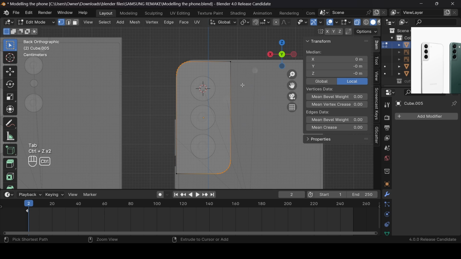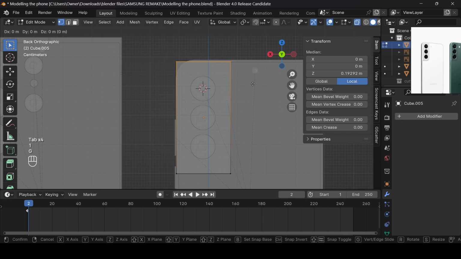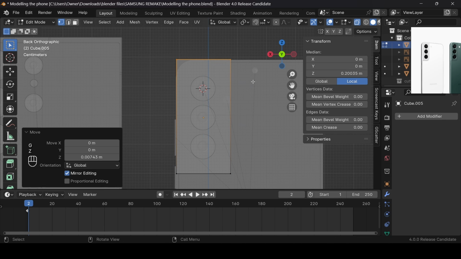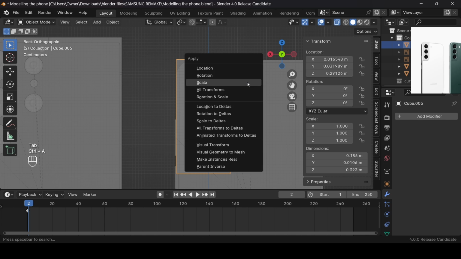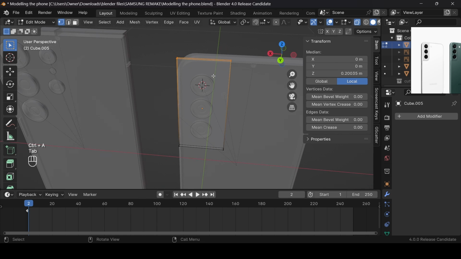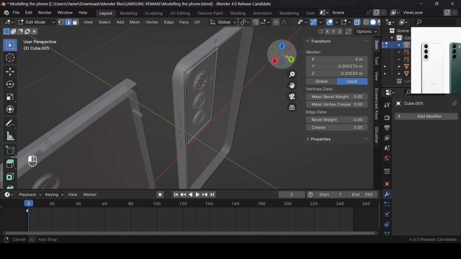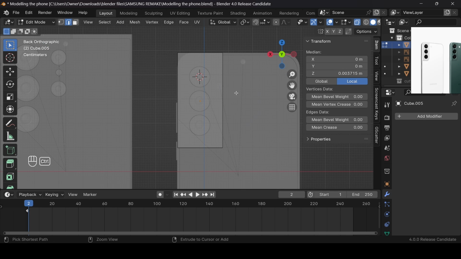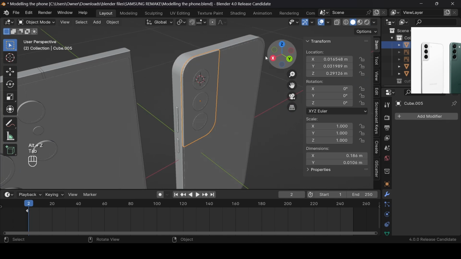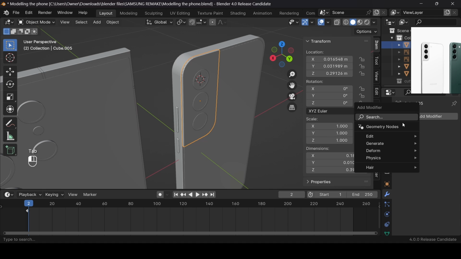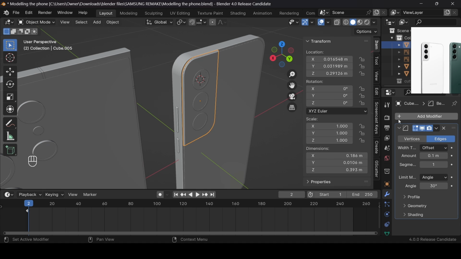Alright, so let's not do the bevel yet. Let's select one, press 1 to go to vertex mode, and you just want it to be on the top here too. So to apply scale again, select these two edges right here, these two, and this one down here, and you just want to bevel that. Yeah, so we have something like this. So this is going to serve as that phone piece, and if you want, you can apply the bevel modifier again,